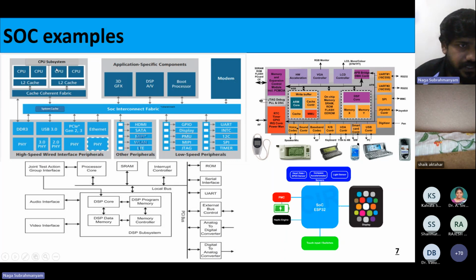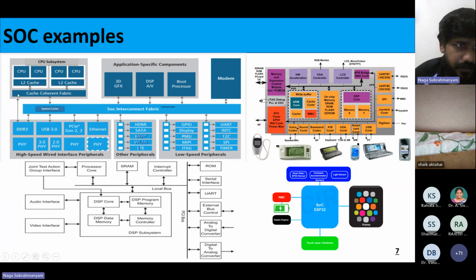These are the different subsystems. All these subsystems are connected using a thing called NOC, network on chip. So data will be routed from one place to another place. Now the point is, each subsystem will be verified by different teams. The CPU subsystem is verified by one particular team. Low speed peripherals will be verified by one team. High speed peripherals can be verified by one team. The NOC will be verified by one team. Each subsystem will be verified by a different team.